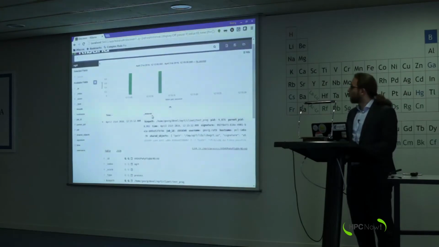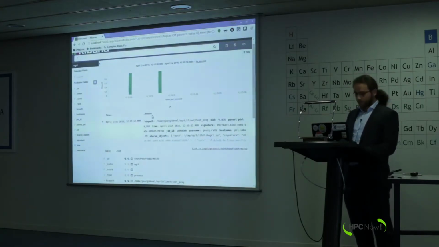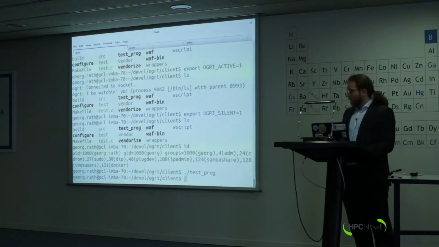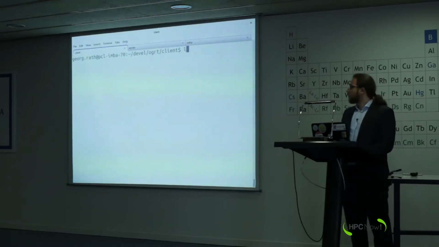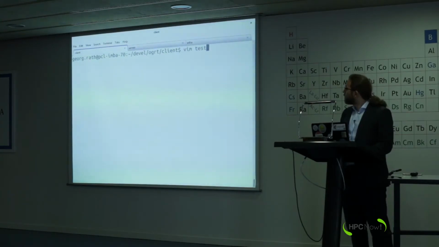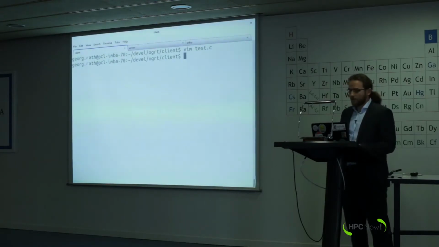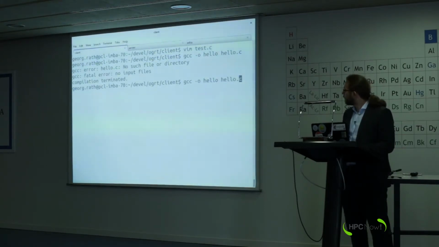So I'd like to show you how the signatures work. So let's say we have a test program, which is the minimalist program, which is this, which does nothing. If you compile this with GCC now, oh sorry, we're going to call it hello,